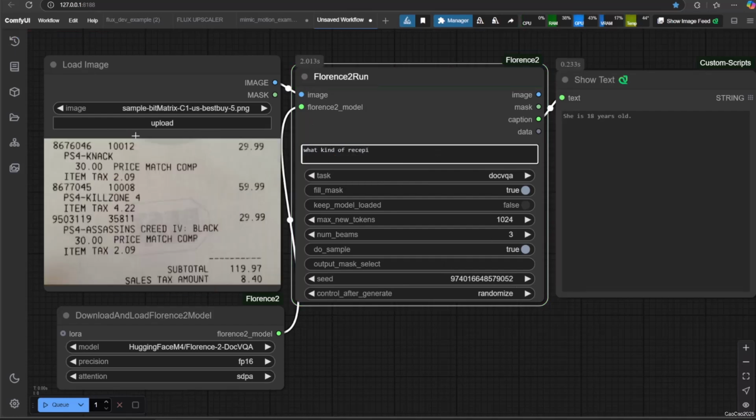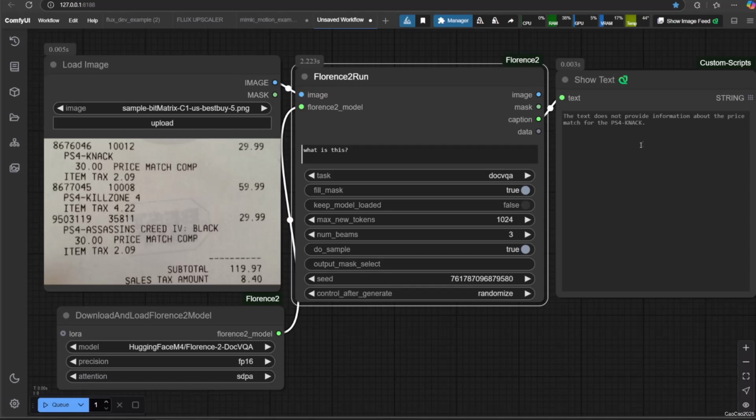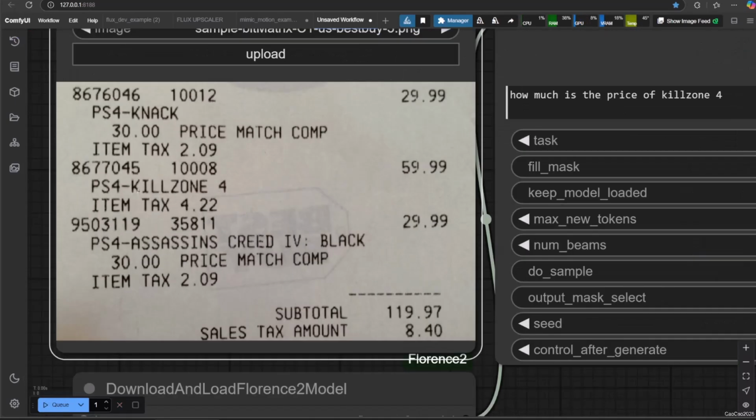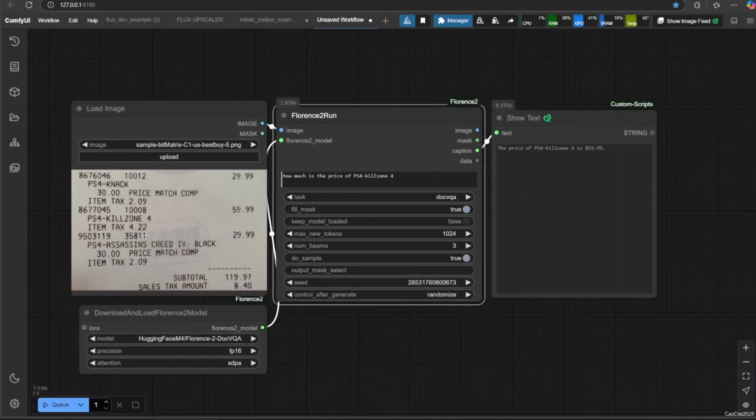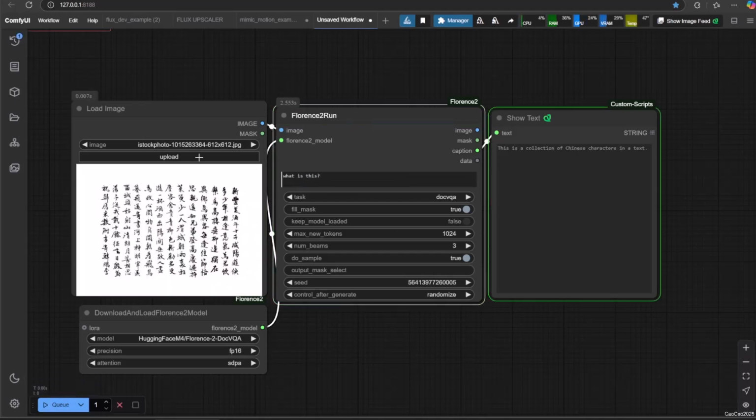It also can read text and stuff. It also tries to understand a context like a receipt and tries to make sense of it. Like if you want to ask a price and stuff, but for now it is hardly reliable. Also, it seems it can't translate text.